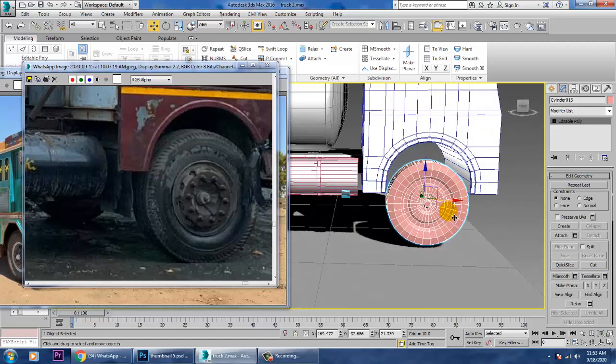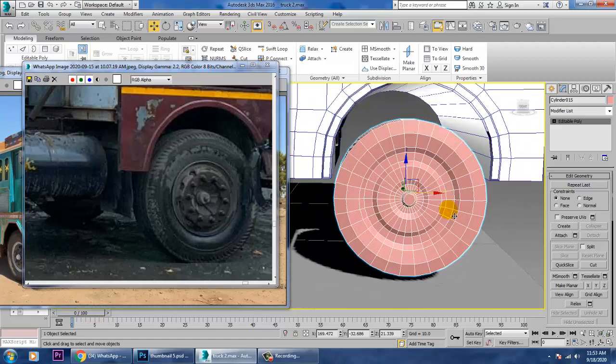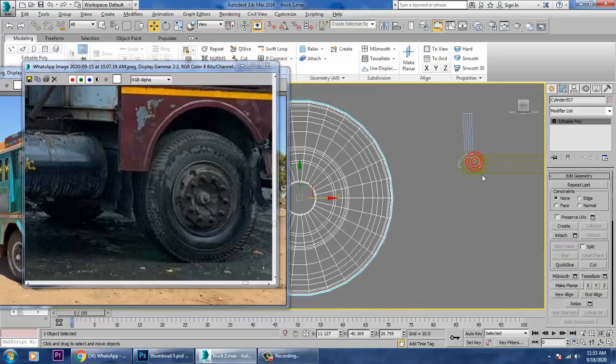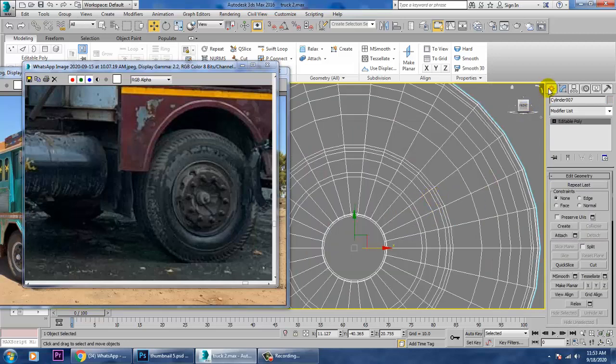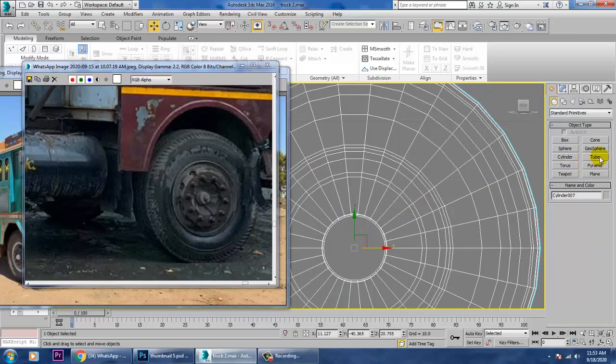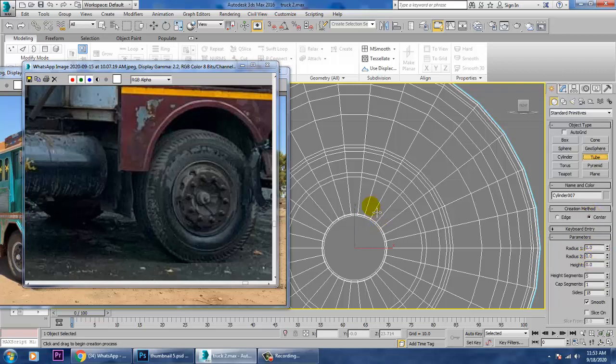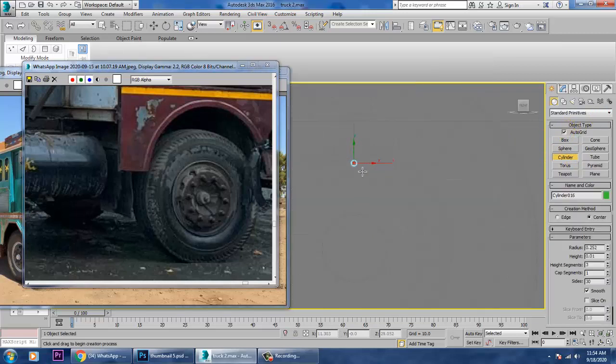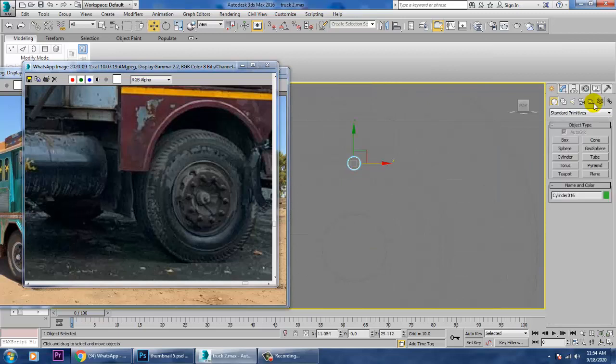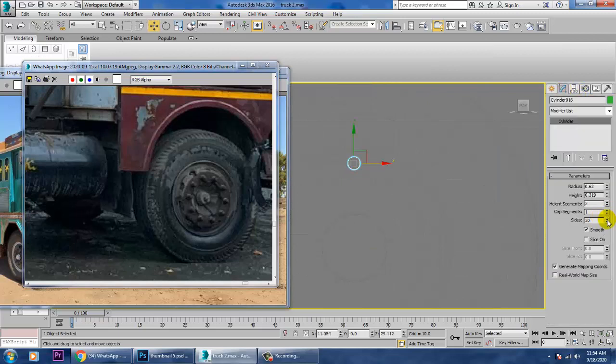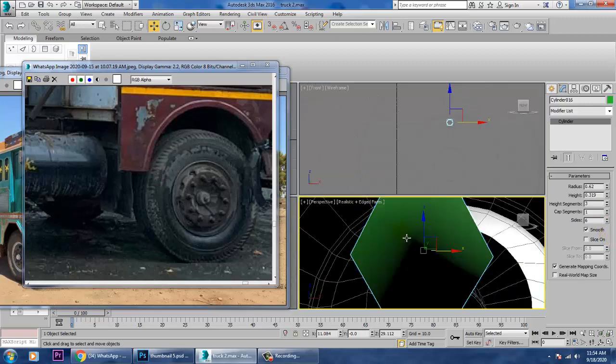After that, what we'll be doing is, let's go on to this view over here. Let's take a tube, or else take a cylinder over here. Let's take a cylinder and reduce its sides over here.